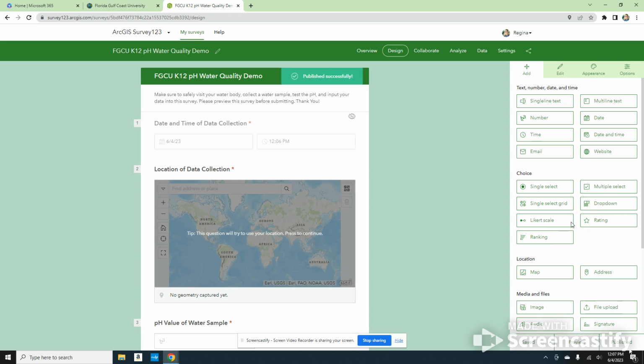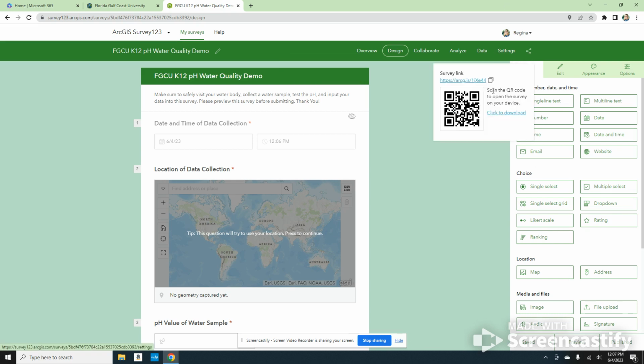So now that the changes are published, you can just take this survey link, this downloadable QR code, and share with all of the users who are going to be working on this project. I hope that whirlwind tour of making a survey was helpful to you, and definitely check out the